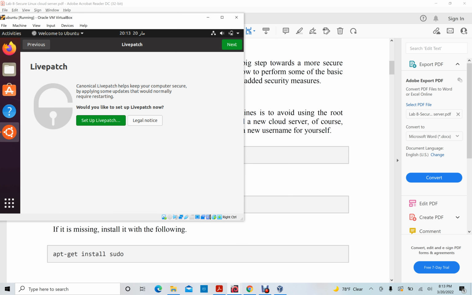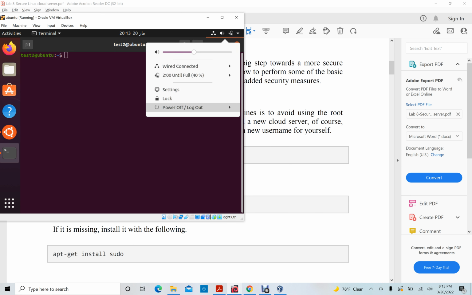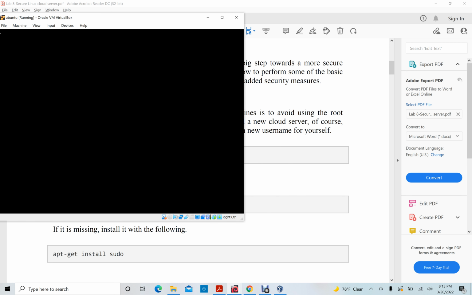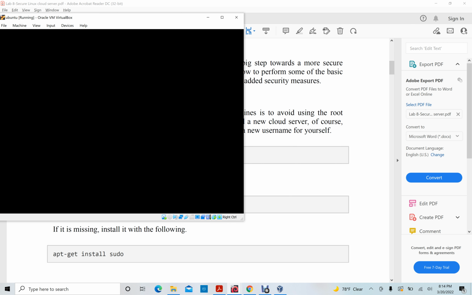test2. You see here, if I open the terminal, this is the new user test2 on the machine that has the name Ubuntu. Okay, I don't need this user anymore. I will log out. I enter my user here,